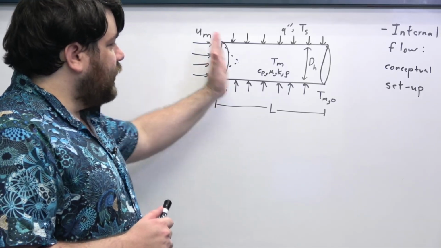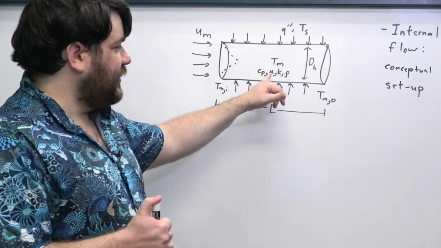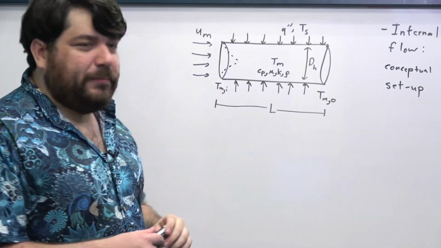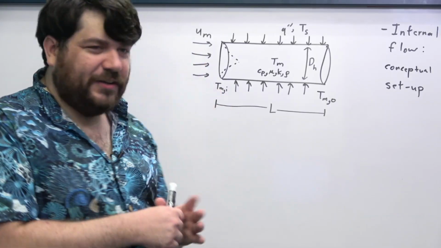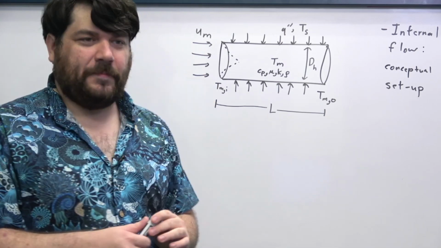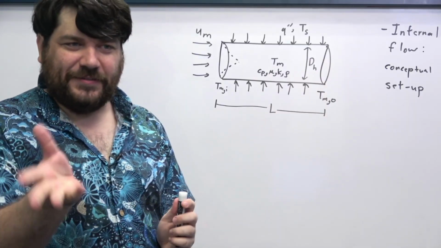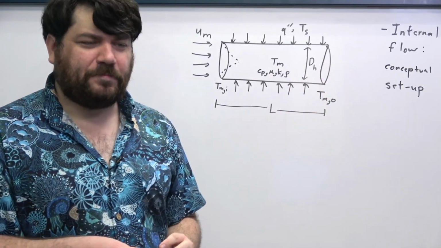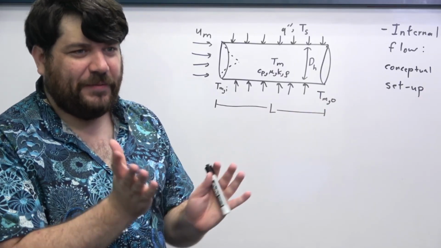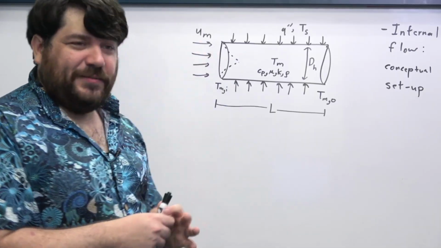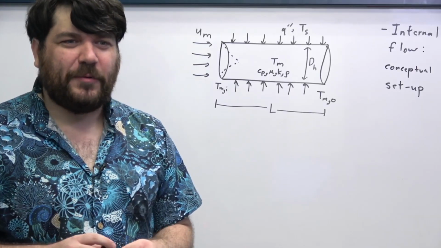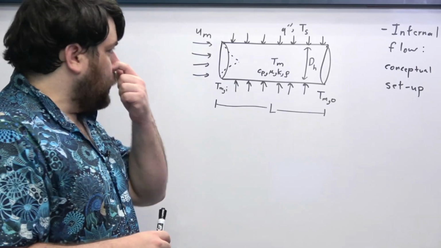And liquid comes in with some specific heat capacity and dynamic viscosity, thermal conductivity, and mass density. It comes in at some temperature T_mi, which we take as being kind of an averaged cross-sectional temperature of the liquid at the inlet, and then exits this duct at a temperature T_mo. The I and the O, by the way, are symbols that I'm using to represent inlet and outlet, okay? That liquid comes in at some kind of representative velocity u_m, or speed u_m. We're going to talk about what that velocity is in a second. But the whole idea is that